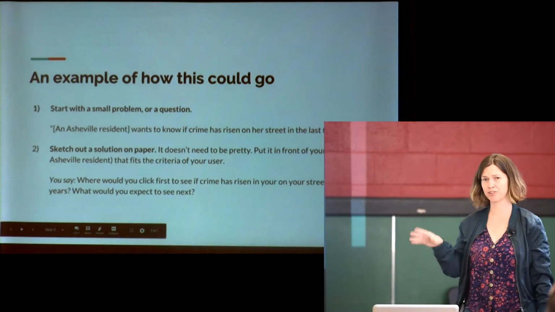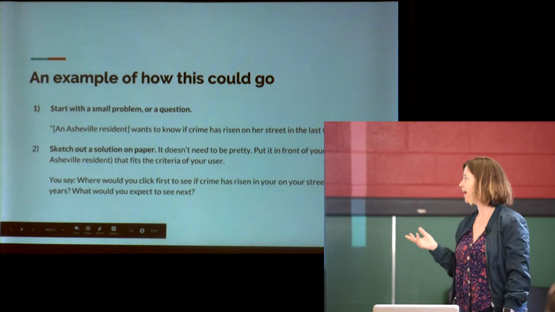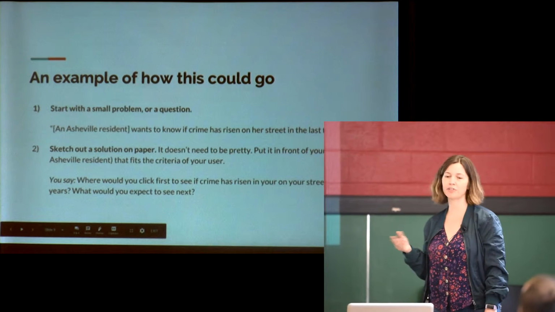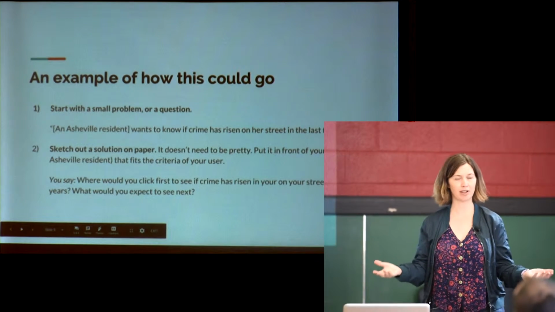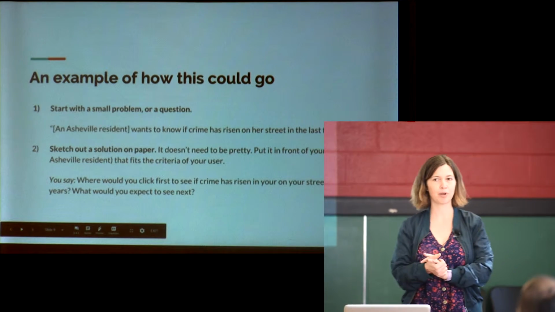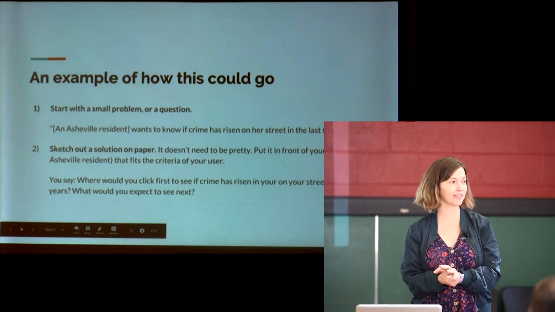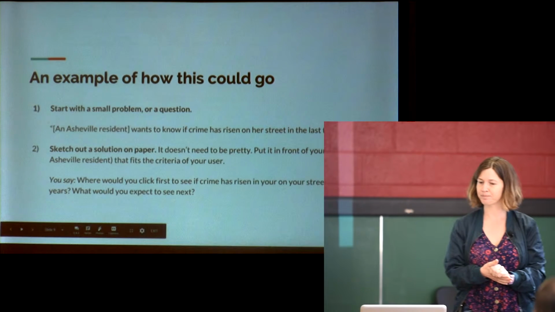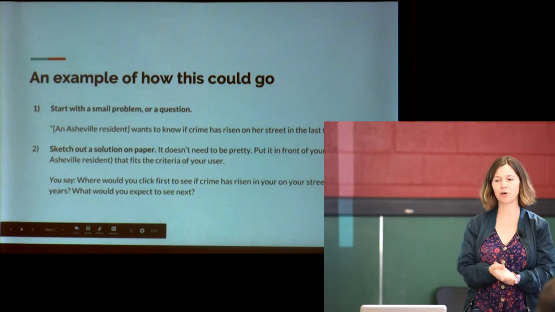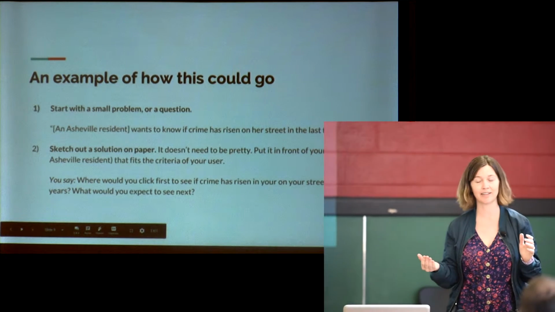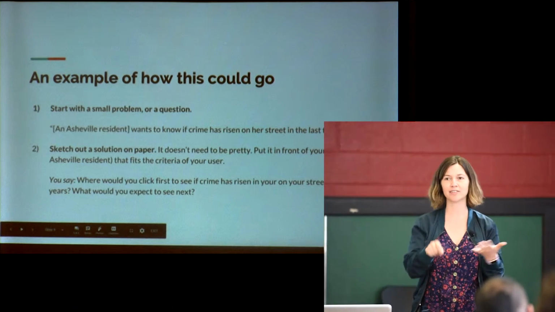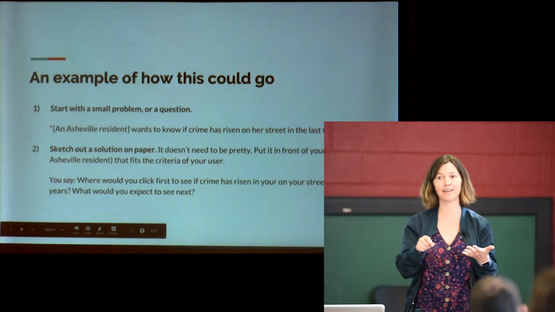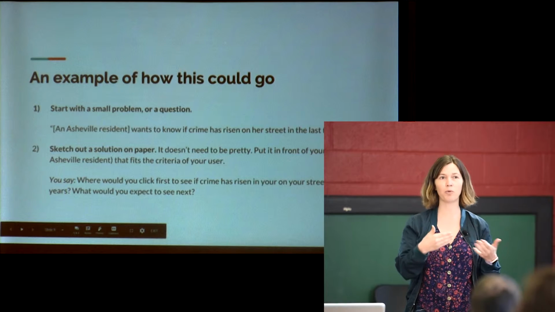So I'm going to talk a little more and then show you a picture of what this might look like. So if we're talking about data for the city of Austin, let's start with a problem that someone might want to solve, or a question. Say someone in Asheville wants to know if crime has risen on her street in the last 10 years. You could sketch out that solution on paper of how she might find in a UI, like what the crime